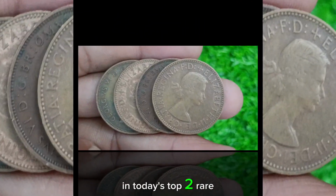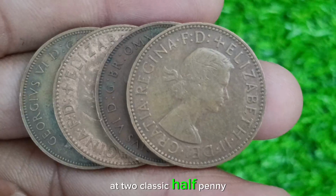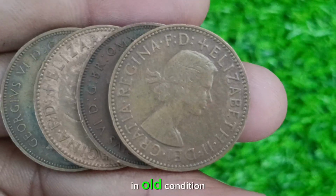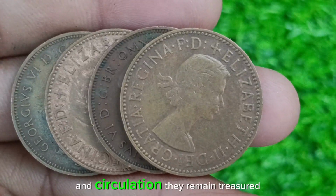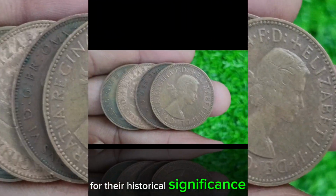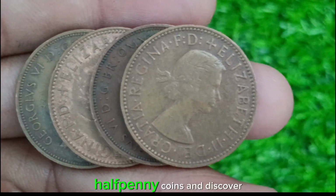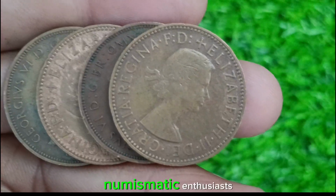In today's Top 2 Rare Coins feature, we take a closer look at two classic halfpenny coins, the 1940 halfpenny in old condition and the 1957 halfpenny in old condition. Although these vintage coins show the effects of age and circulation, they remain treasured by collectors for their historical significance, iconic designs, and enduring charm. Join us as we uncover the stories behind these remarkable halfpenny coins and discover why they continue to captivate numismatic